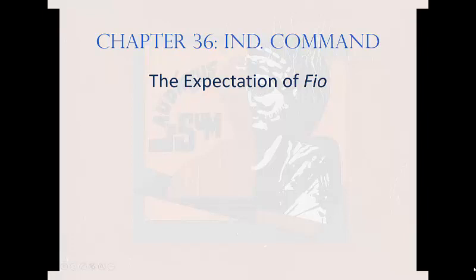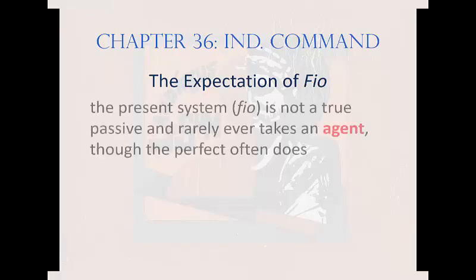Let's end the grammar introduced in this chapter by looking at the expectation of Theo. It apparently grated on the Roman ear to have active endings like o, s, or t take a passive agent like ab plus the ablative. In the same way, I guess it rubs us the wrong way to hear something like, it becomes by you. Whatever the reason, only rarely do we find passive agents with Theo. At least not in the present system.